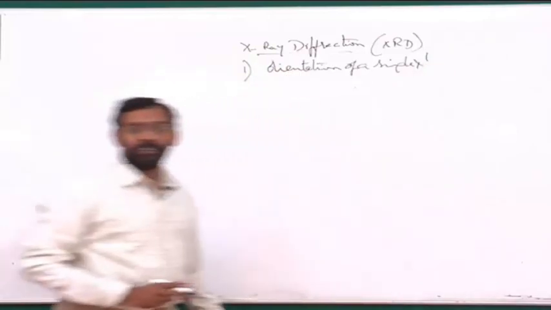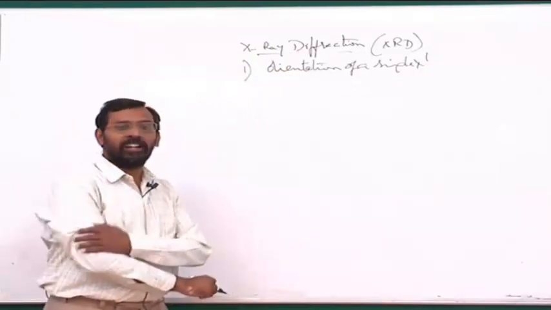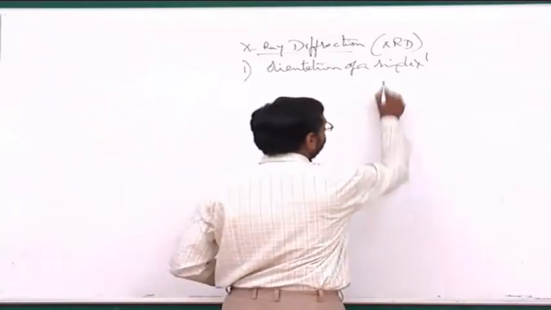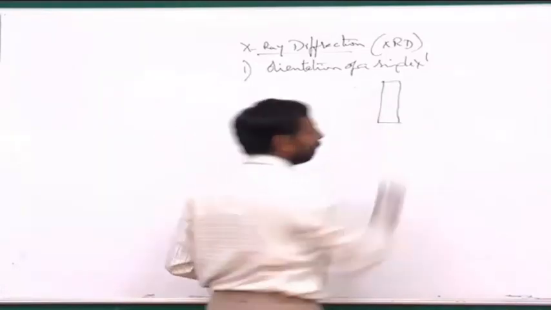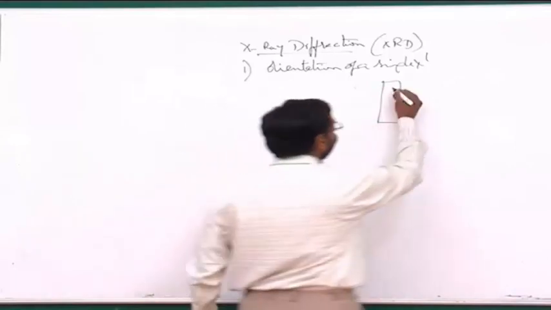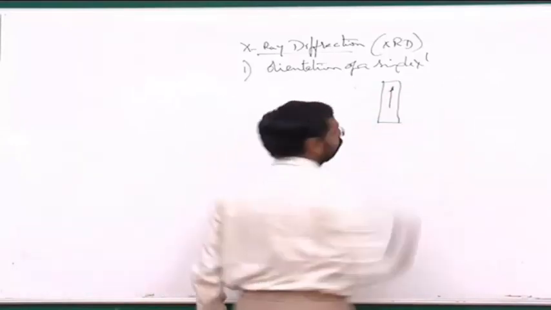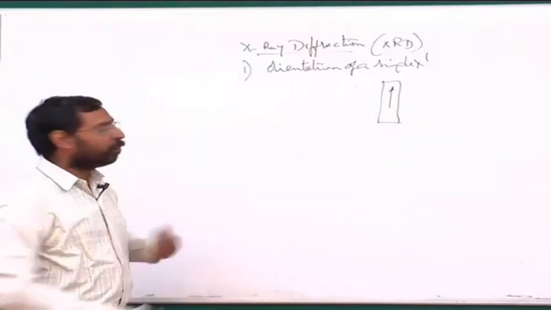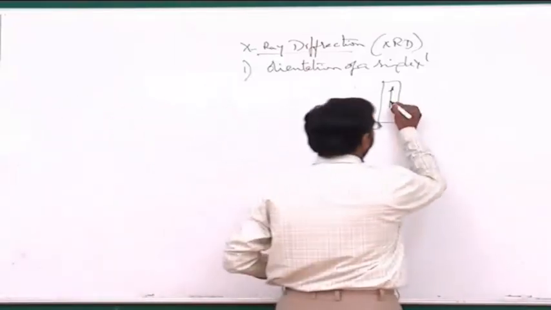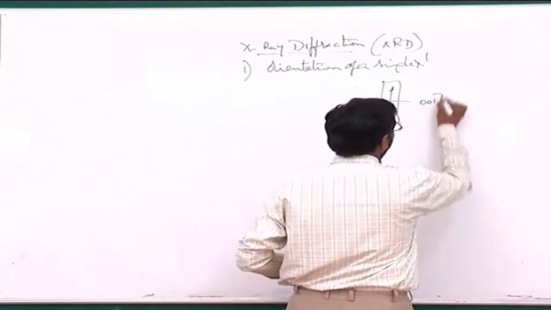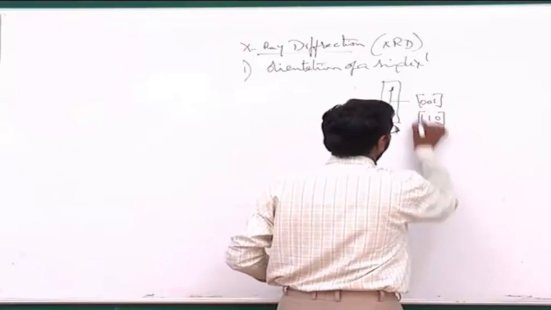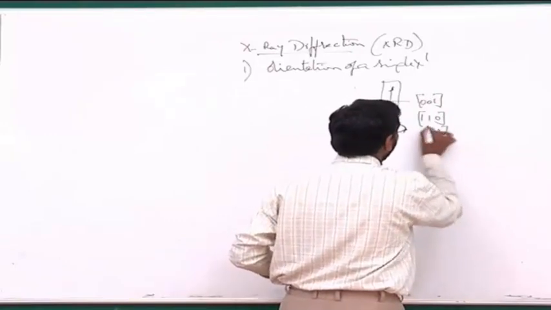For many applications, you need single crystals. And so you need to also know what is the orientation of the single crystal. For example, if there is a cylinder of a single crystal, I would like to know what is the direction which is the axis of this particular cylinder. So what is the HKL? For example, is it in a 001 direction, or let's say 110 direction, or 111 direction? I would like to know this.